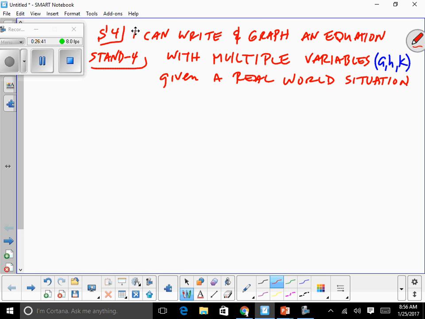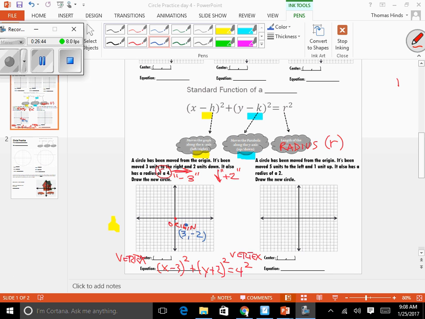All right, for somebody who wasn't here, they want us to move it 3 to the right. I wrote the 3, but it's the opposite sign because it's going to be in a parenthesis, so that's why it's -3. They had us move it 2 down. That's my arrow for 2 down because the 2 is going to be in a parenthesis at the opposite sign. When I put it down into the equation,